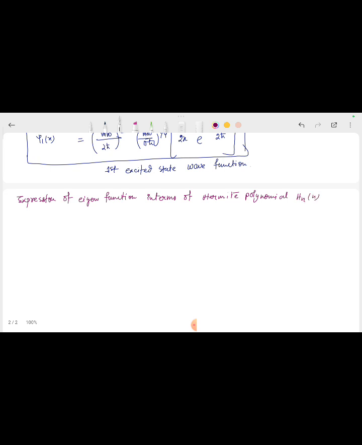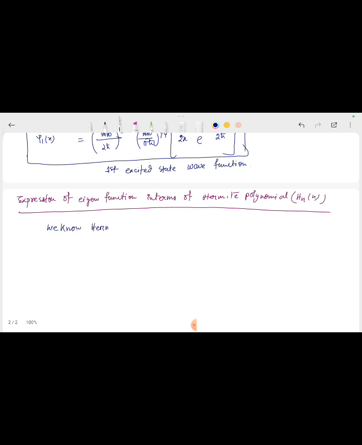This is equal to H_n(x). Hermite polynomials means H_n(x), right? Hermite polynomials. Now express this. First of all, you know what the Hermite polynomials are, right? What are their values? Okay, so the Hermite polynomial is equal to, we know,